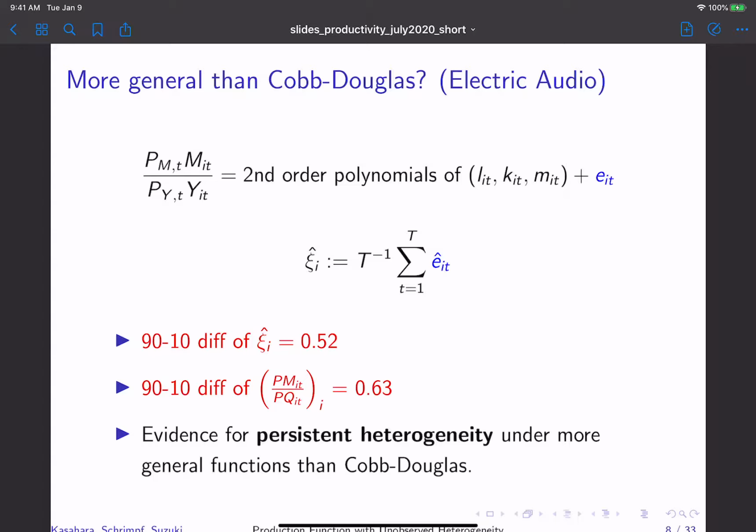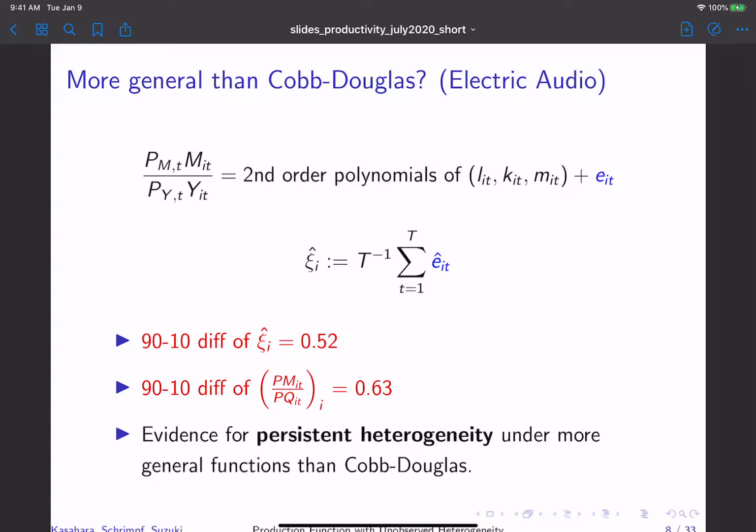Okay, one argument is that what's missing is maybe that this Cobb-Douglas assumption is wrong, because we know capital is a very sticky variable and doesn't change over time. So maybe you can go beyond Cobb-Douglas, and that implies the material share is going to be a function of labor, capital, and material. So even after you control for it,